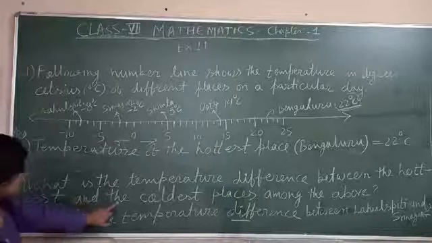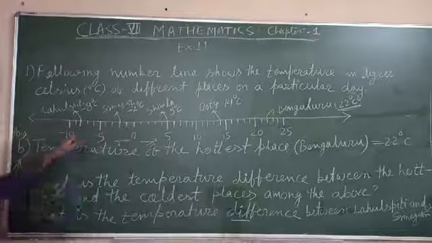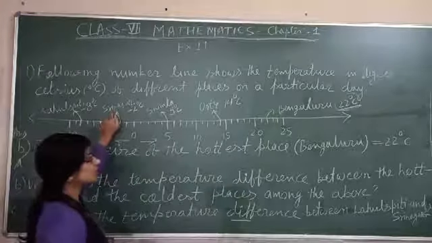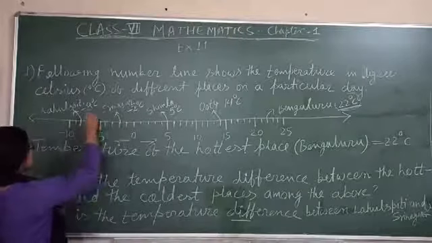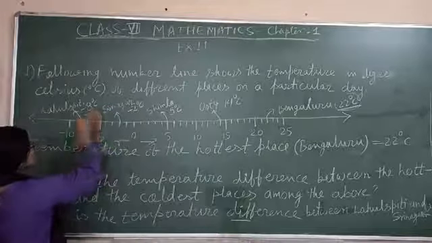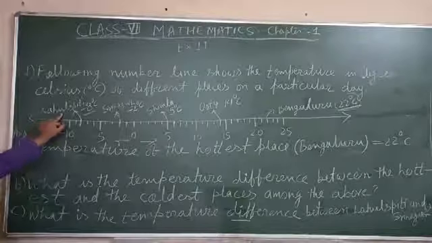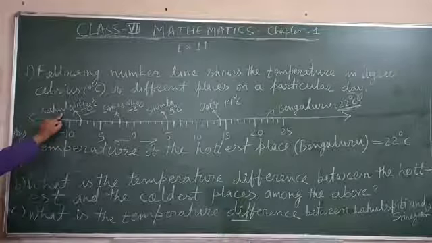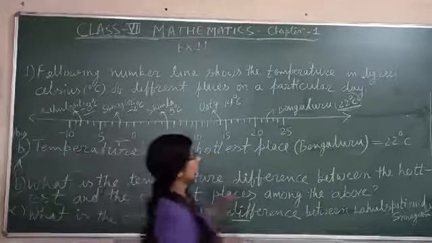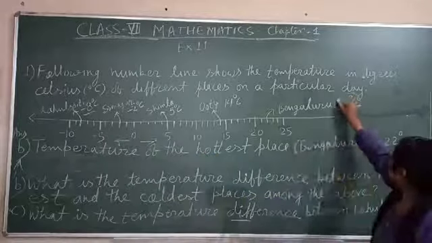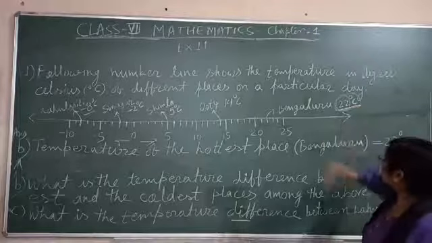Okay. And the coldest place. Temperature of the coldest place. Coldest, look, what integer is minimum here. If you look at integers only, minus 8 is minimum here. So temperature of Lahaul Spiti is minimum here. So that is the coldest place. सबसे ठंडी जगह. Coldest means सबसे ठंडा. Hottest means सबसे गर्म. Here the highest integer is 22. So that is the maximum number.